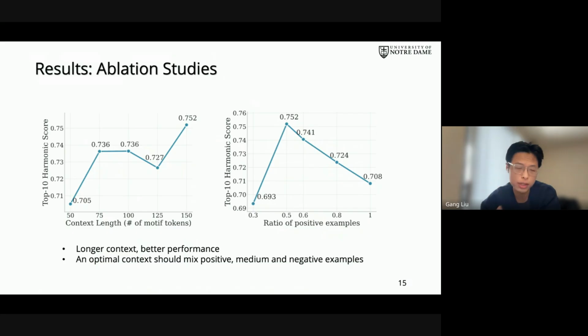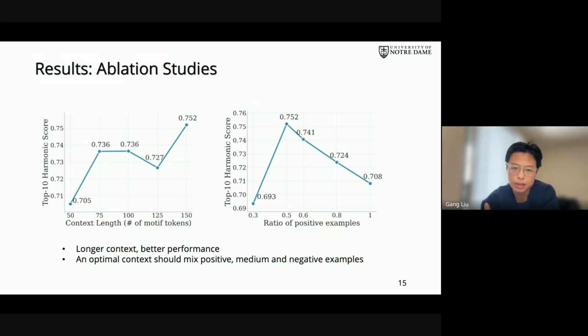So from the first figure, we found that in general, as the context length increases, the model performance gets better. It indicates that when we have more examples, we can better represent the task concept and the model can perform better. And also, from the second figure, we see that